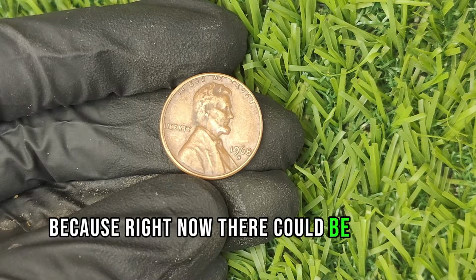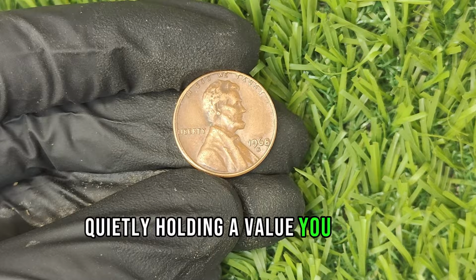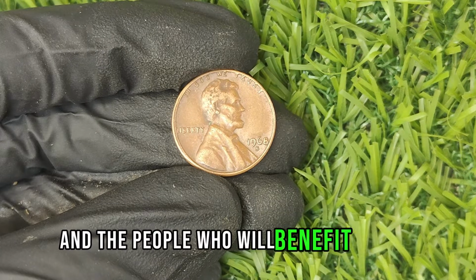Because right now there could be a 1968 D Lincoln penny sitting in your home, quietly holding a value you never imagined. And the people who will benefit are the...